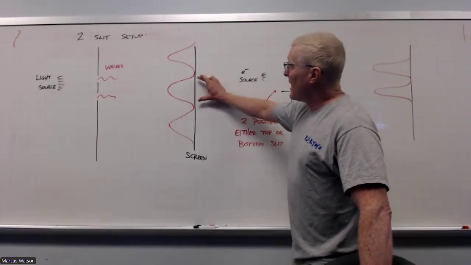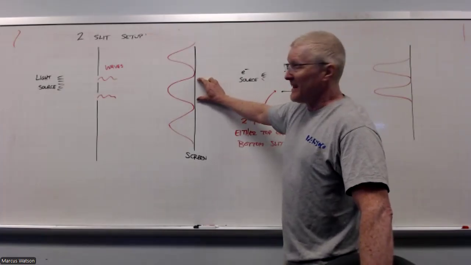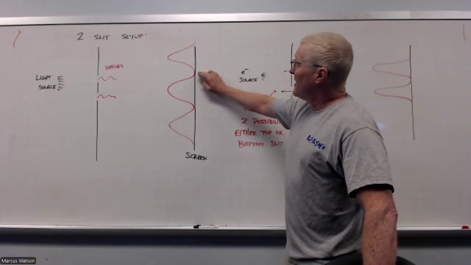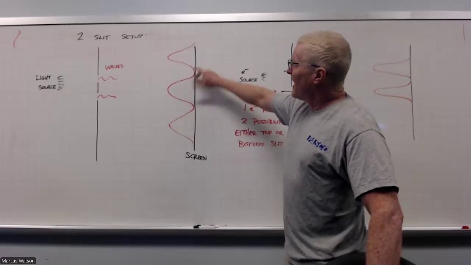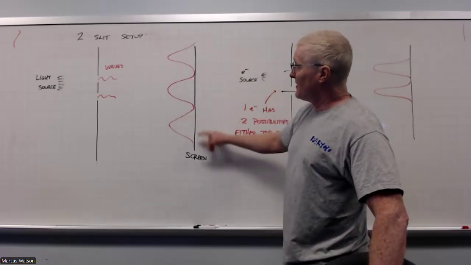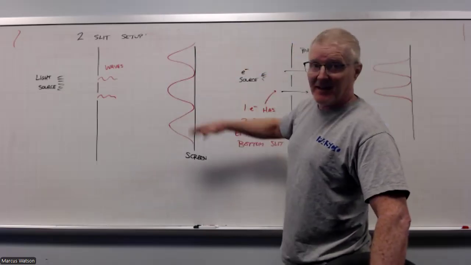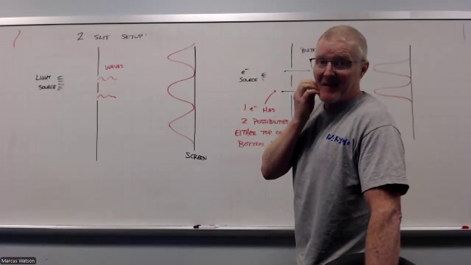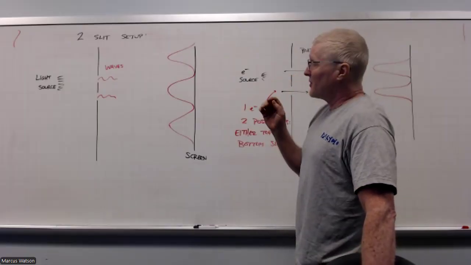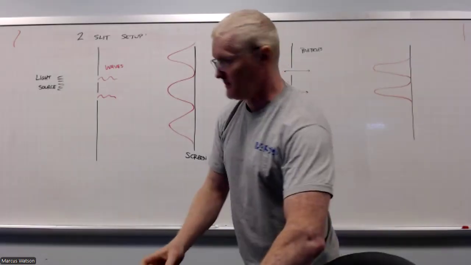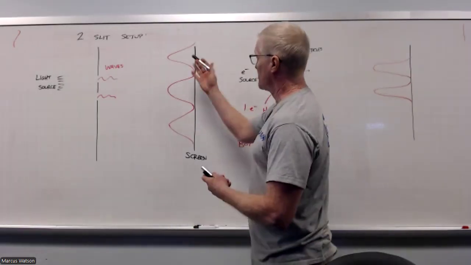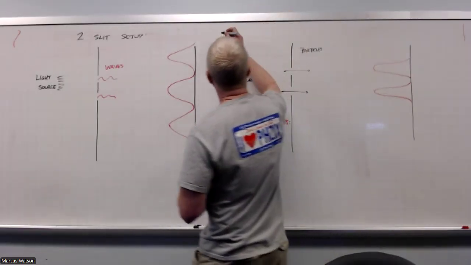In other words, I'm going to have a lot of bright dots in this region here, none here or here, and then a bunch more bright dots up here and here, and then none here and here. And this is the pattern I get. So you can imagine what it looks like,